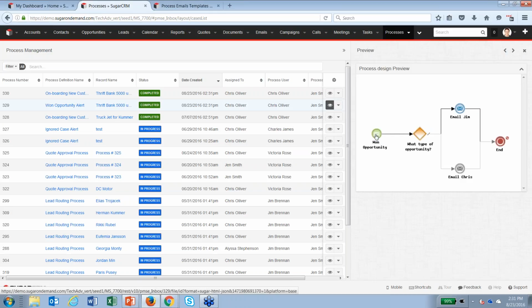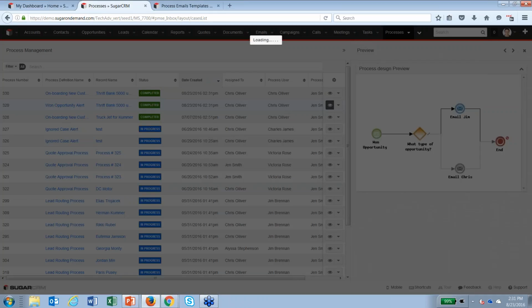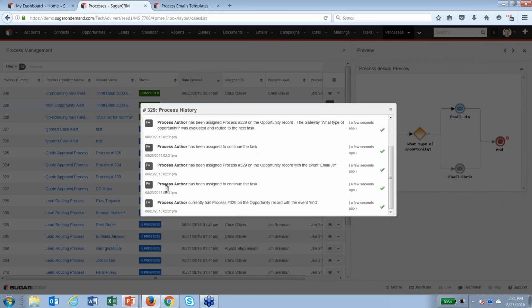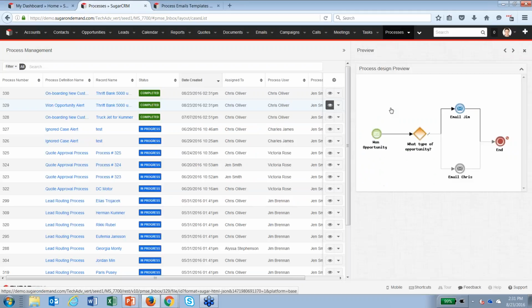So this opportunity was won. It checked the opportunity type, and that one must not have been existing business because it emailed Jim, and that was the end of the process. Now, for something that's maybe a longer running process, you can actually see a history with timestamps. When did it move from each step to the next step? And so if I were to look at something with a little bit more detail to it, like this quote approval process,